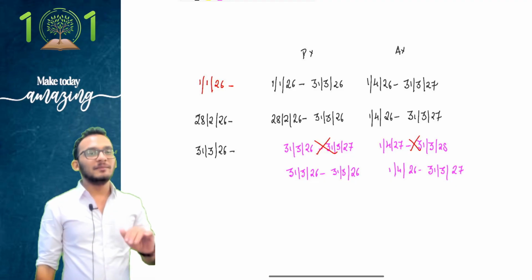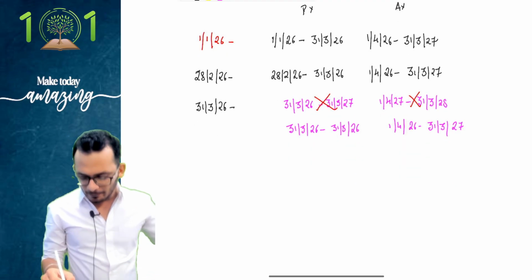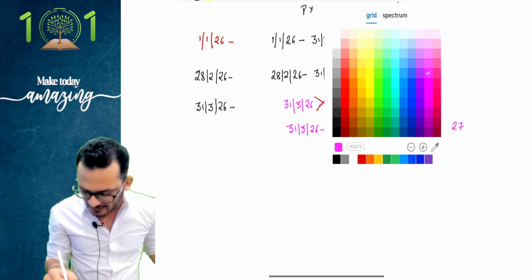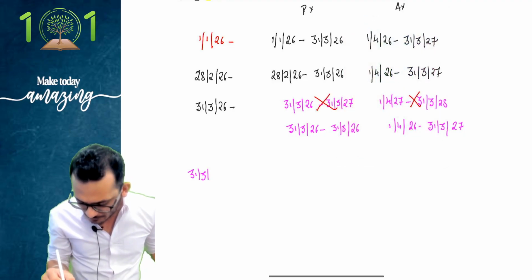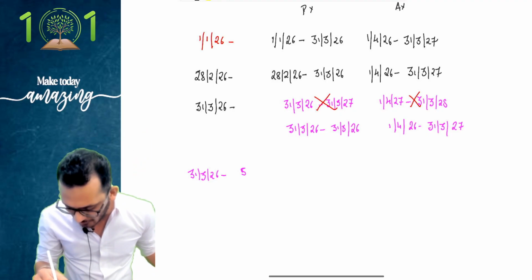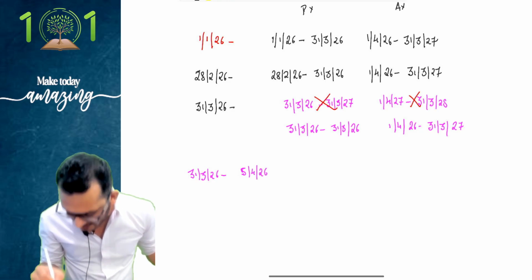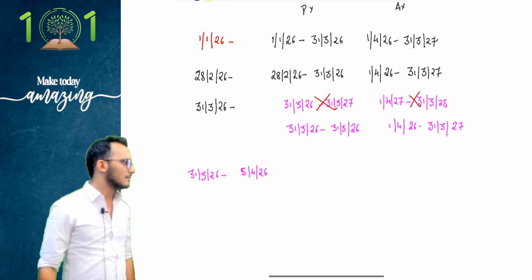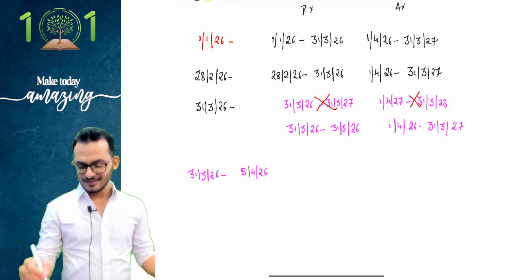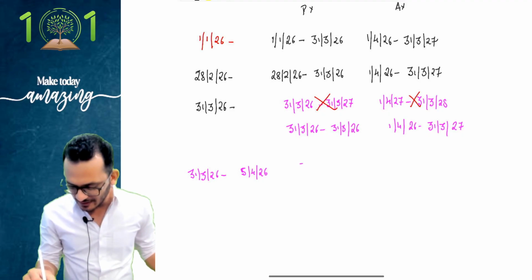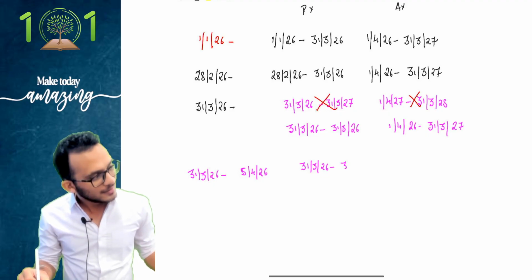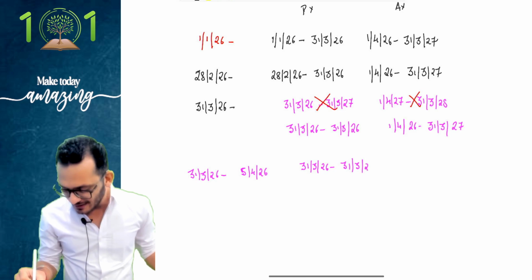Correct? Yes. Now, people, imagine if I give you the question where I'm coming and saying the company was incorporated on 31st March 26. But after incorporation on 31st March 26, the company actually got shut down. The company got shut down on 5th April 26. The company existed for 5 days. Yes, 5 days company. Tell me my previous year. Tell me my assessment year. My previous year is 31 3 26 to 31 3 26. My assessment year is